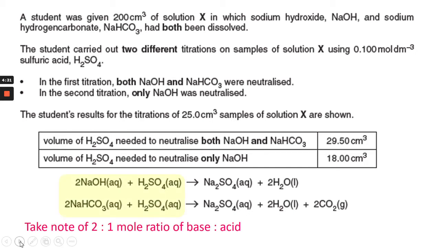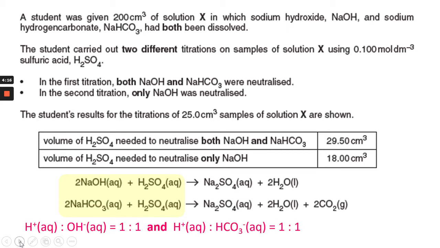First of all, the 2:1 mole ratio of base to acid in each of the two equations. So you're obviously reacting the acid with NaOH and also with NaHCO3. So you have to try and treat those two equations separately. Remembering that the ratio of H+ to OH- is 1:1 and H+ to HCO3- is 1:1. But sulfuric acid is a diprotic acid, or dibasic, doesn't matter which way you say it, but basically that means you've got 2 hydrogen ions per H2SO4